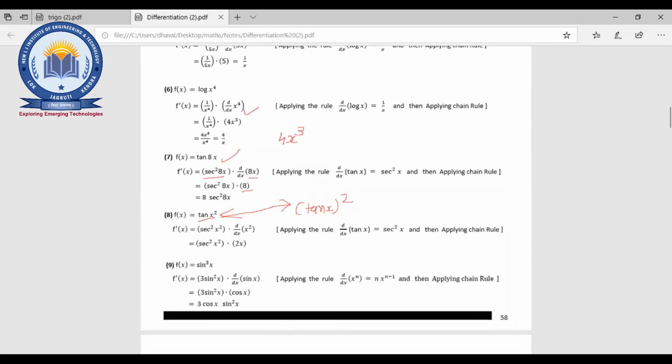Okay. So what happened in that one? This just compare with what? X square. Okay. So 2x we are writing. So whatever power will be there, that will be what? 2. Fine. 2 tan x. And again d by dx of second function, that is nothing but tan x. And what is the differentiation of tan x that you need to write down? Okay, sec square x. So 2 tan x into sec square x. Yes, that is correct one.